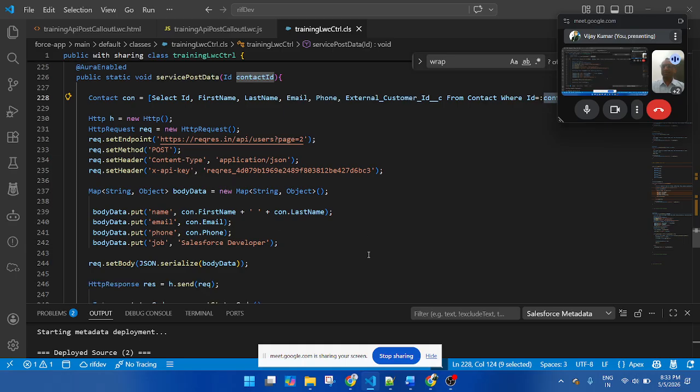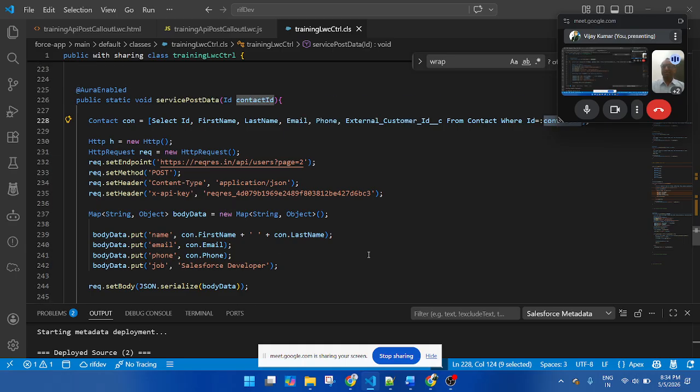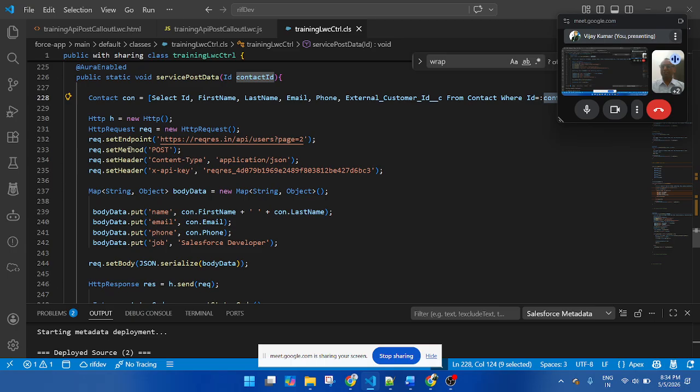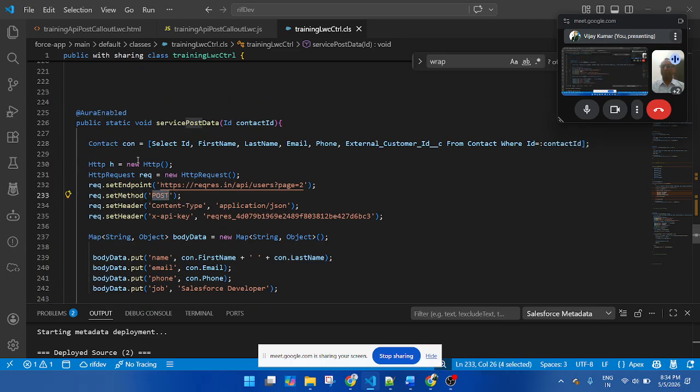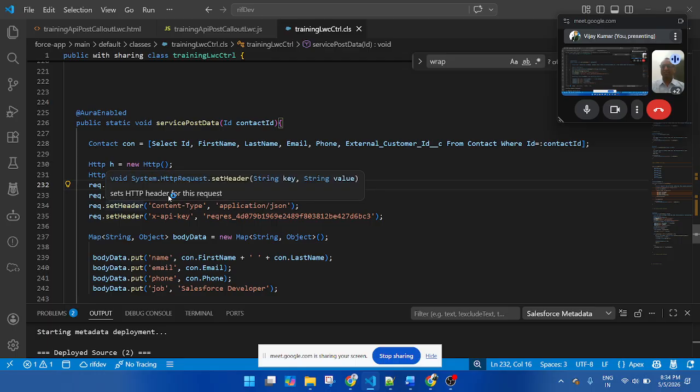If you are using an external API, a few things are mandatory. Here you can see this is a method name, here I am applying POST, this is an HTTP response, this is HTTP, this is an HTTP request. This is the structure if you are working on REST API integration. This is the HTTP request. Here we need to pass the external API URL. Then this is the method. Here I am covering the POST method.